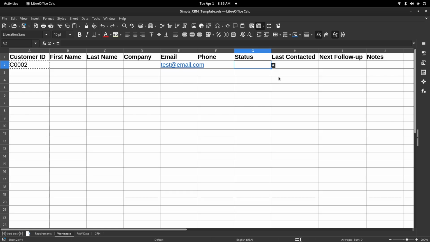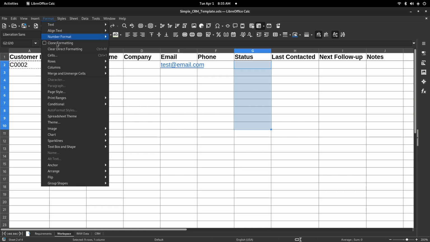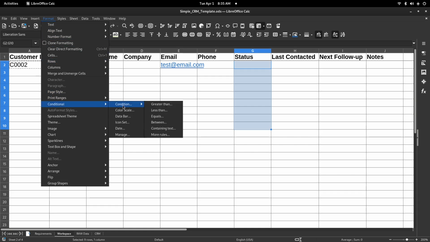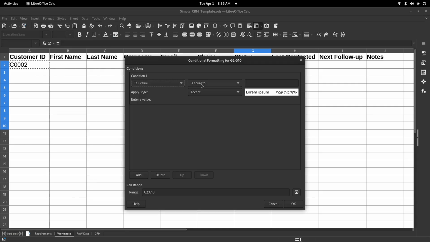Let's also apply conditional formatting to visually organize the sales stages. With the status column still selected, go to the Format menu, select Conditional, Condition, then select More Rules. Here's how to set it up. For Prospect, we'll choose Cell Value is equal to Prospect. We need to use quotation marks around the word prospect since we are using text to set the condition instead